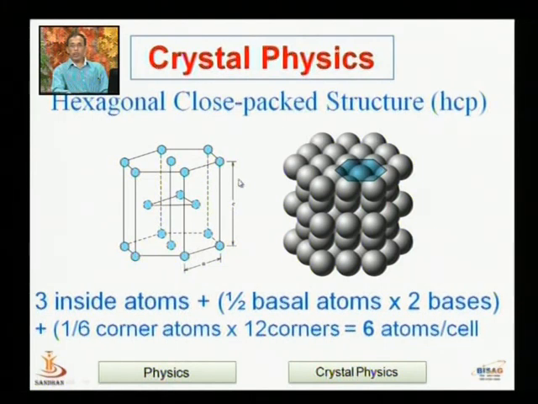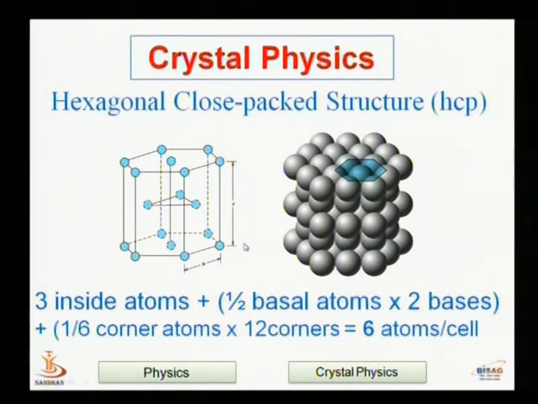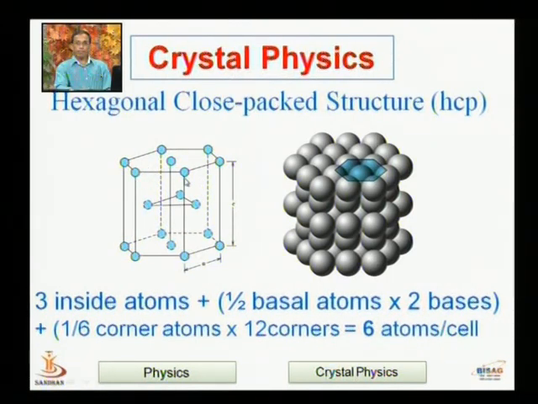HCP structure, it is known as the hexagonal close packed structure. Here there are 6 corner points and 1 center atom at the upper plane. Similarly, 6 atoms at the lower plane and 1 center atom. In addition to these points, 3 points they are lying within the lattice. So the number of atoms, these corner atoms in this hexagonal cell, it is shared with the 6 cells. So it is 1/6. 1/6 part of the corner atom is lying within the cell, original cell.